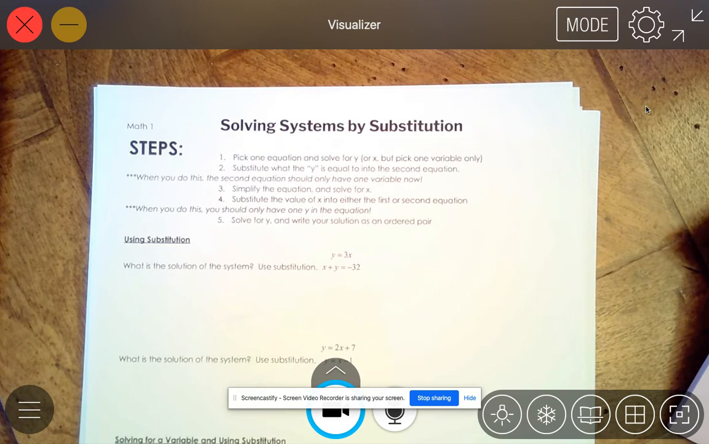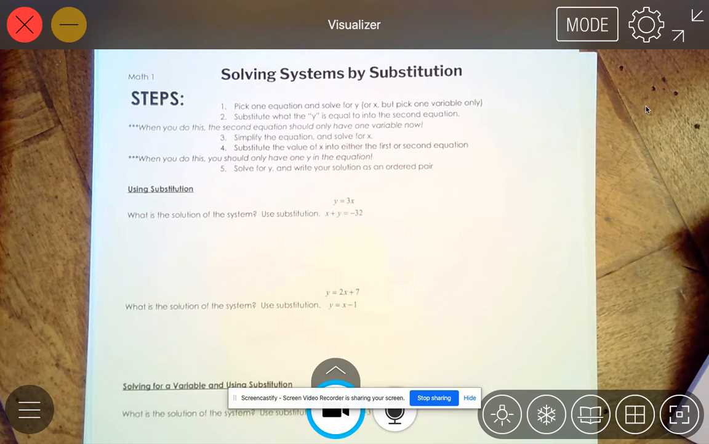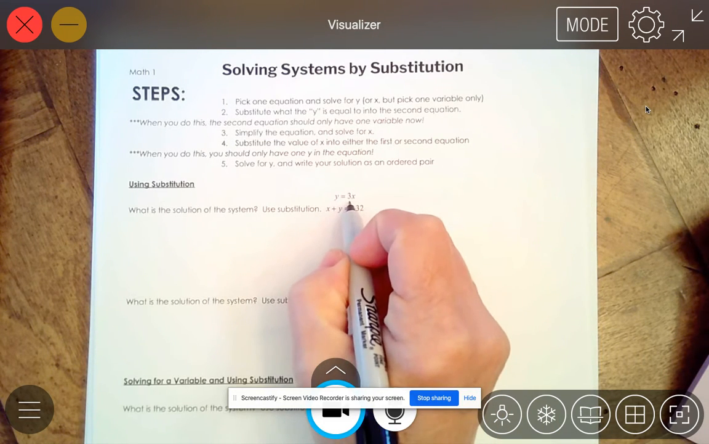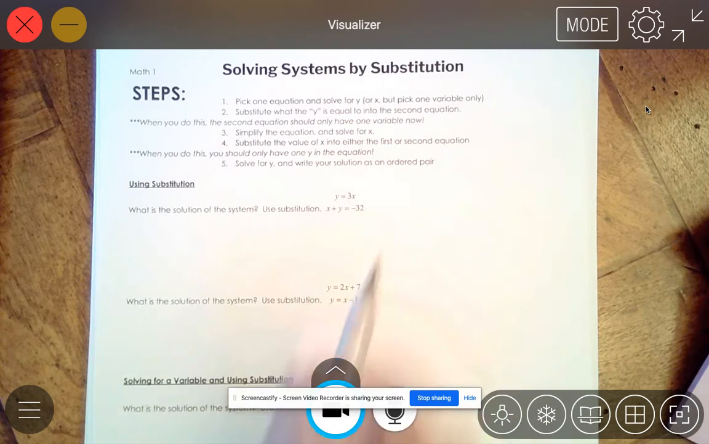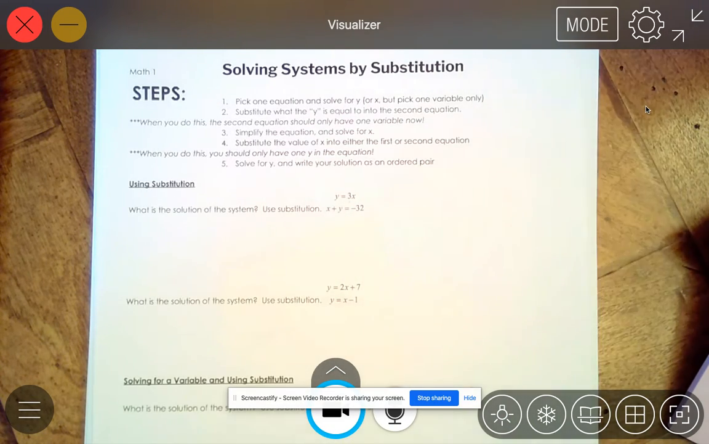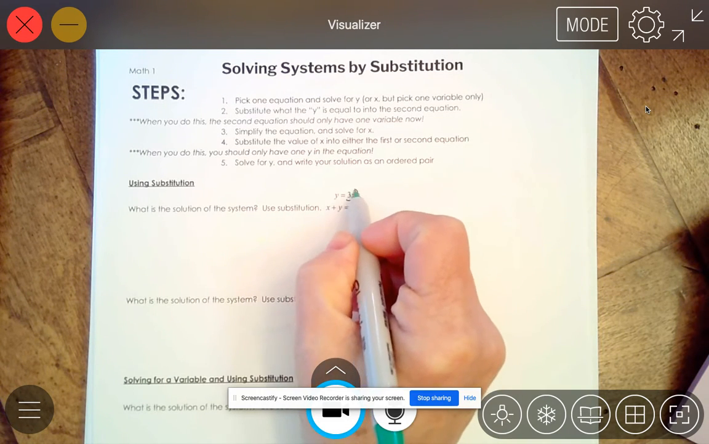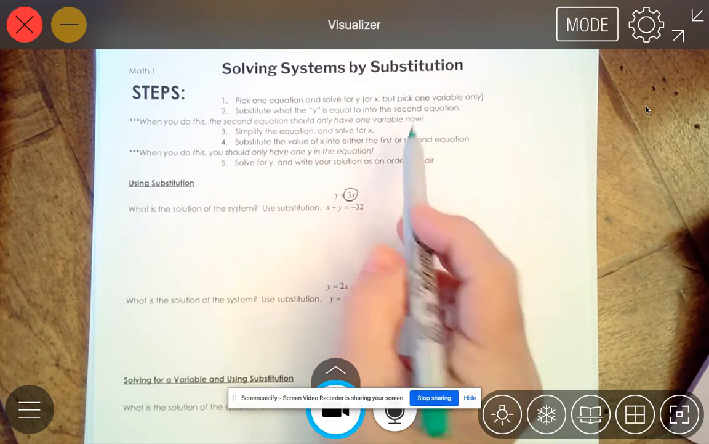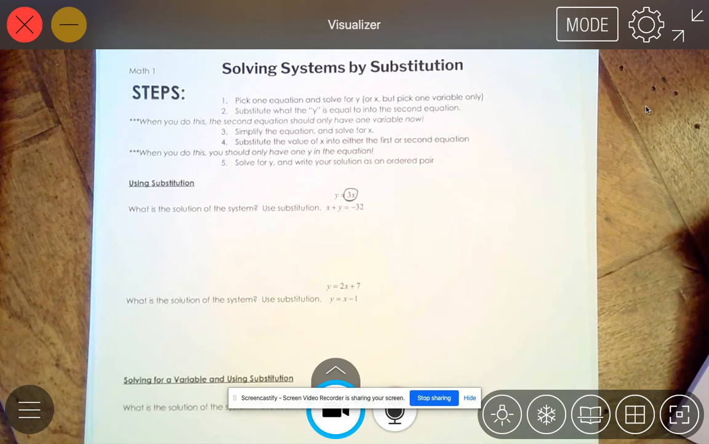So let's get going with this. When we start it, I think it will be much easier. Right here, I have y is equal to 3x, so I know exactly what y is equal to, and I don't have to solve it. So the first step, pick one equation and solve it for y or x, is already done. My next step says that I need to substitute